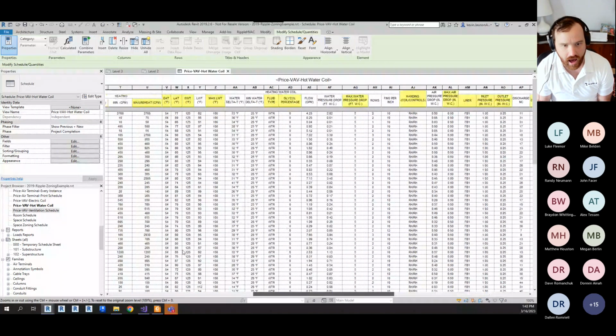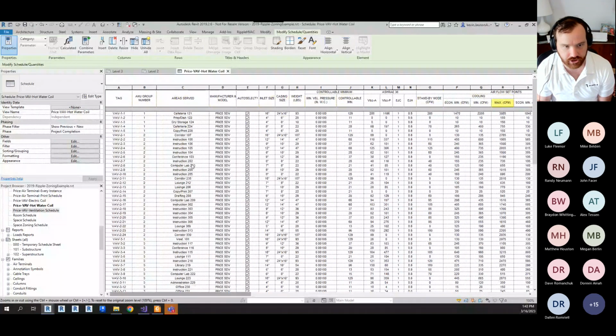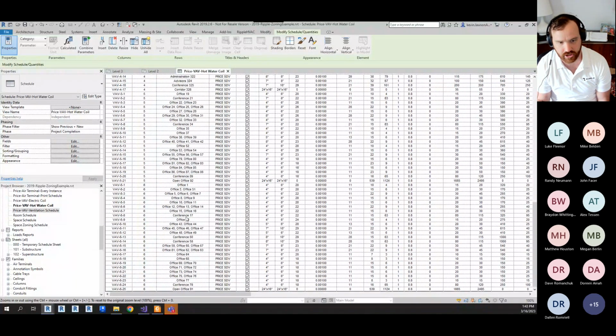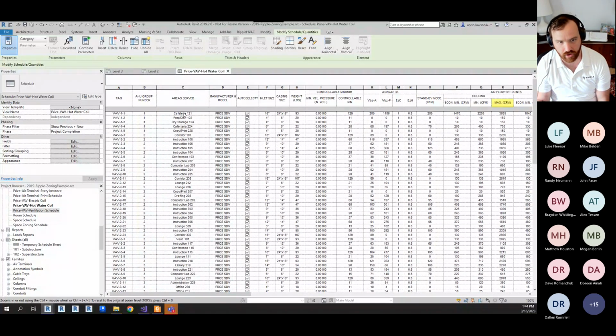So let's just go through it. It copies all of the space names, which come from the architect, into the VAV. It copies the air handler number into the VAV. The model and manufacturer, the Autoselect we'll come back to, inlet size, casing size, the weight,